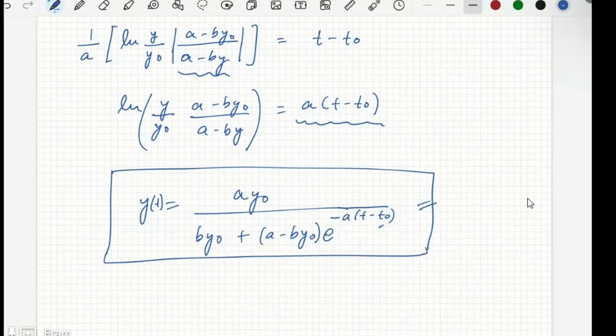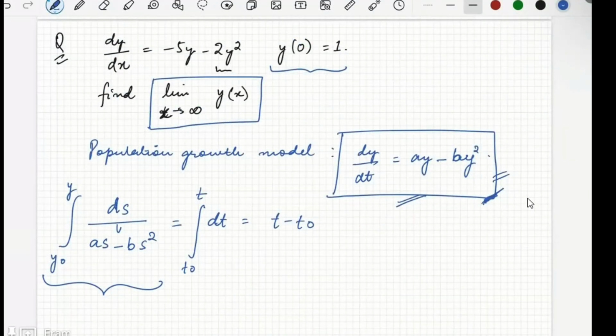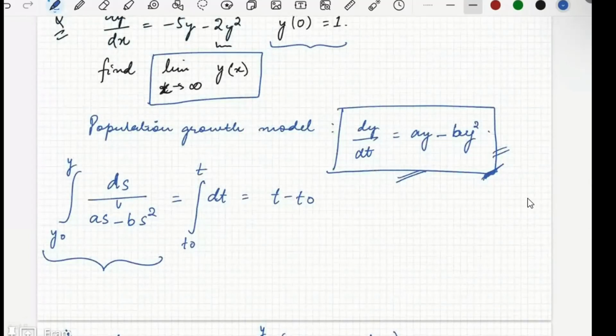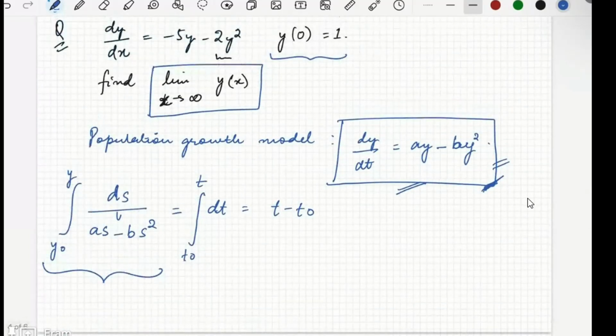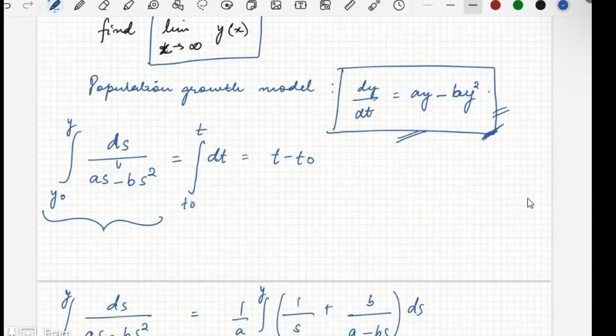So for this population growth model, we have this type of solution. Now when we do the MATLAB session in the next week, I will show you how we can solve this type of ODE using MATLAB. We just have to write this right hand side, solve using ode45 or these type of things in MATLAB, and we can visualize how this y progresses with time, and in that also we can see how the trajectory of y is varying with the parameter a and parameter b. Okay,